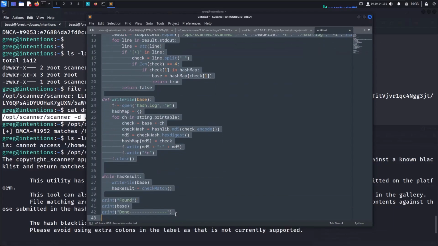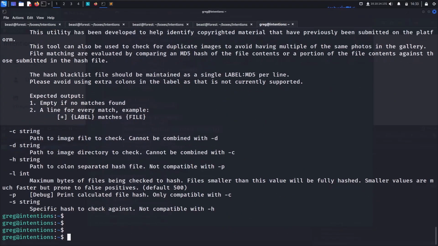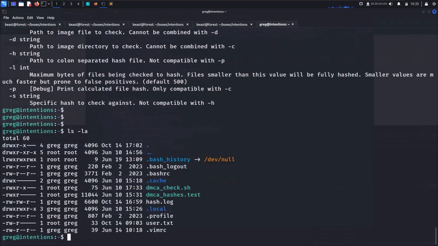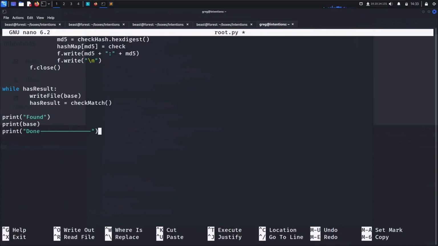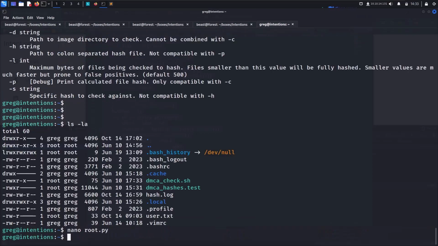So this is the final script. Now what we will do, we will copy this and we will paste inside this box. So let's see, there's nothing, so nano root.py. Control X, shift Y, yes,